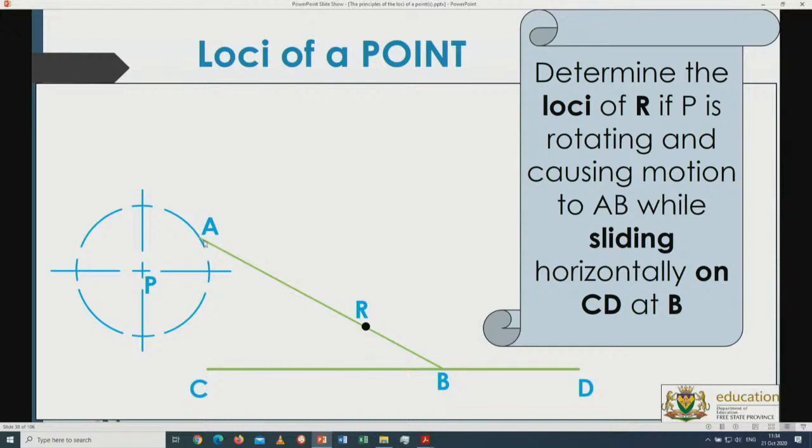It's attached at A. Now, if this starts rotating, of course, this will slide the whole time on CD, and then R is the point I'm looking for. So therefore, this will be pushed forward. That length will stay the same. It's not going to become shorter all of a sudden. So that length can be measured from there up to this point,